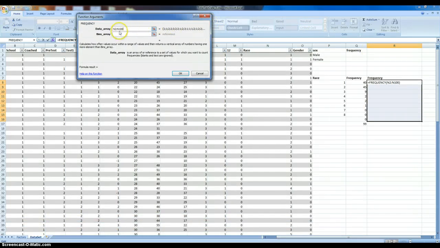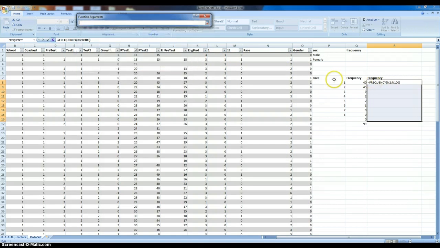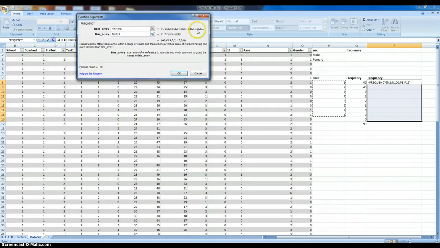And so here we have N2 to N100, which is that entire variable row that corresponds to race. And then we're also going to have to hit our bins array, which is our values 1 through 8, because that's where our frequencies are going to fall into. In order, and what's tricky with Excel here is to estimate the frequencies across the entire race